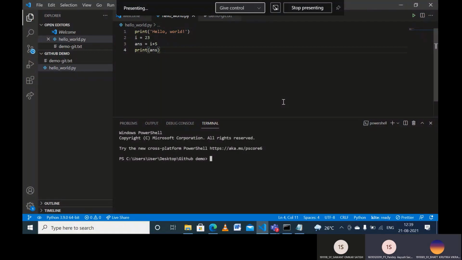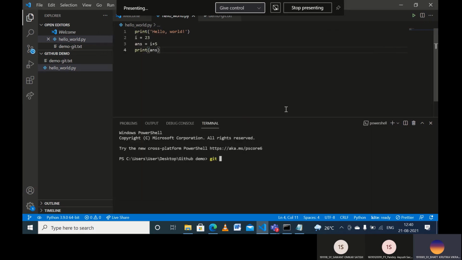Hello everyone. My friend Ayush told you a bit about how to install Git and how to start with Git Bash. One thing GitHub is very famous for is collaborating, and every developer should know GitHub and how to use it from the start. Right over here, I have created a demo folder, GitHub demo, and I added two files. One is hello world.py and the second is demo git. I'm using the VS Code terminal over here. You can use a simple command prompt in case your VS Code terminal doesn't work out with Git.